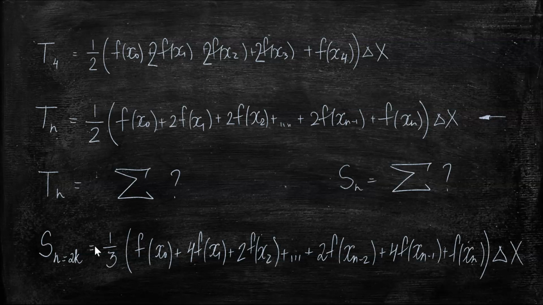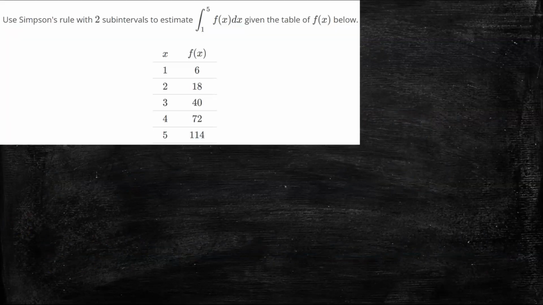And this is what we call the Simpson's rule, or the Simpson's approximation. And again, it's not the formula, but the process that matters here, although you should be able to recognize this formula. So let's try to use this approach, and let's do this problem. We have to use the Simpson's rule with 2 subintervals. 2 subintervals means, well, it's going to be 2 subintervals times 2, so altogether we're going to have 4 subintervals here.